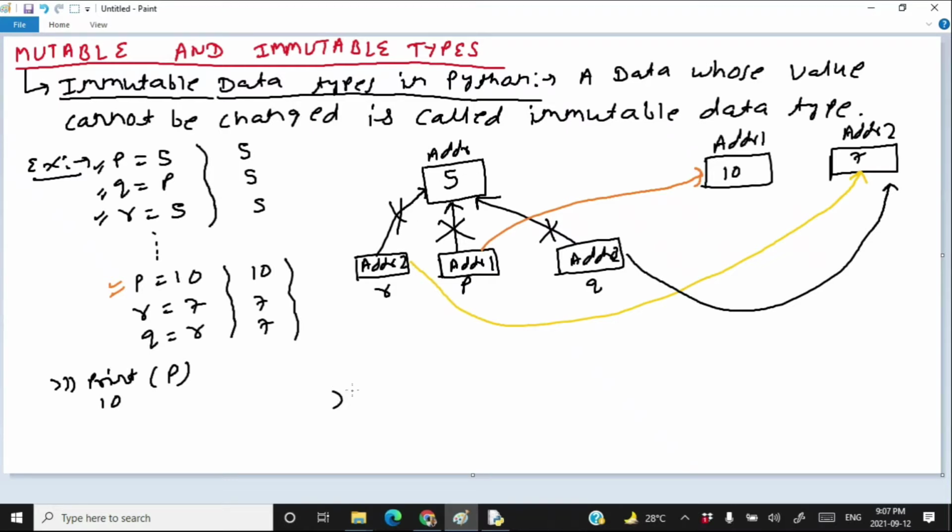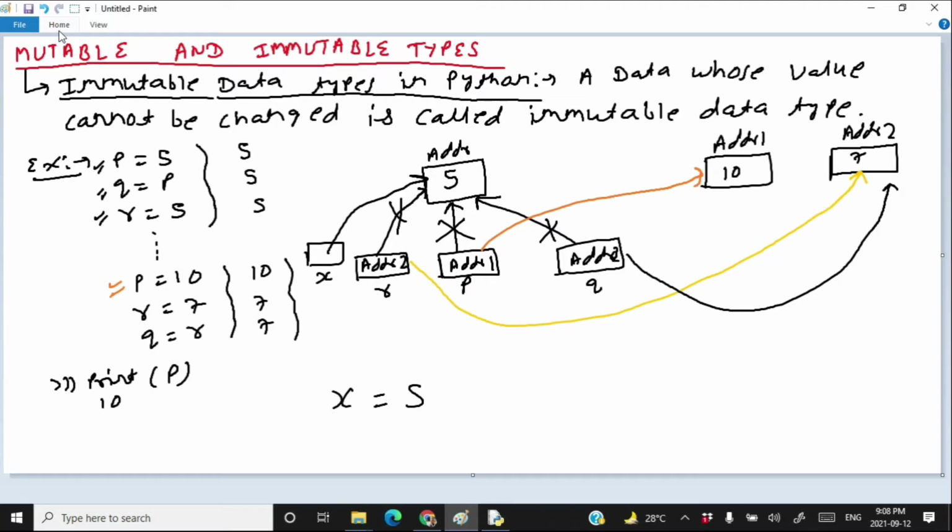And if a new variable comes which says that x is equal to 5, then this new variable will start pointing to this 5. So hopefully now you understood how integers are immutable. We cannot change the actual integer object, but we start pointing to a different integer object. So this was about integers, and the same rules are applied to floating point numbers.